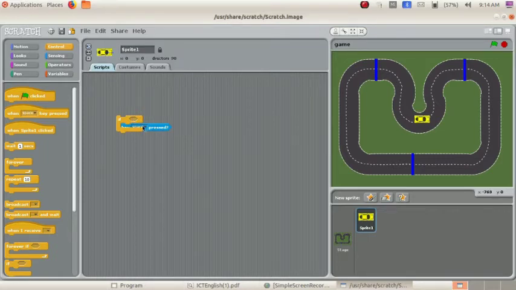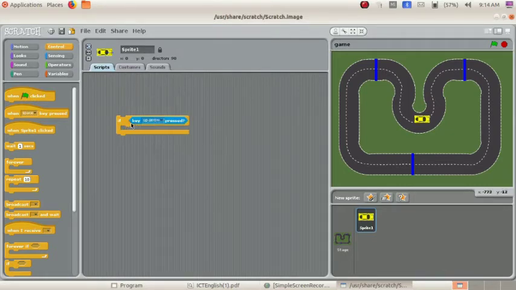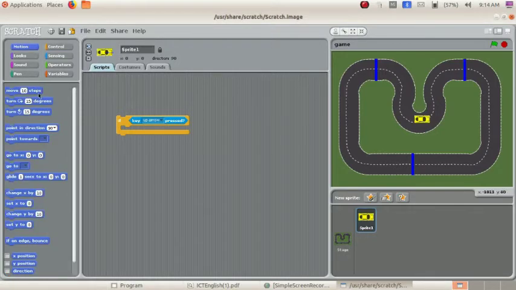You can see a small hole here, so place it there. If key pressed, we can give up arrow. So if the up arrow key is pressed, what should happen? Yes, the car must move forward. Move is in the motion tab.